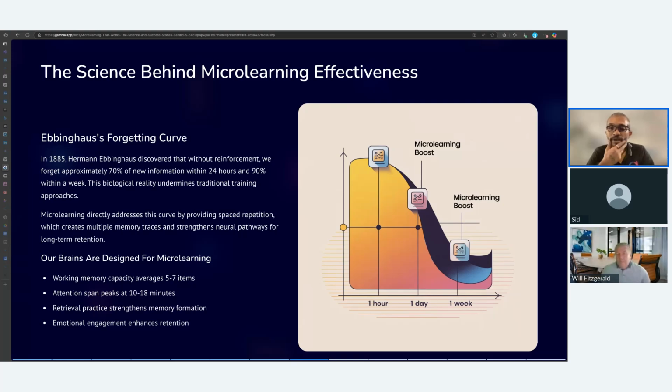What is possible now with AI and with a lot of advancements in technology? What are the different things that we can bring in with these principles? These principles are universal. These principles can be applied anywhere. But what are some of the new things that we can do when it comes to microlearning?